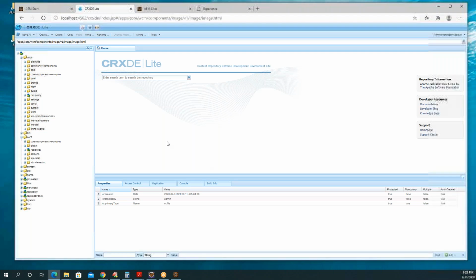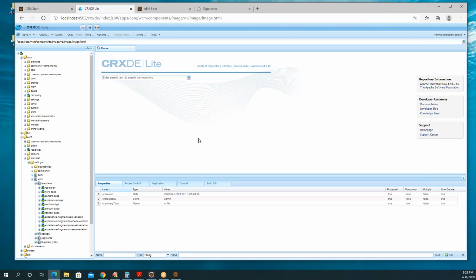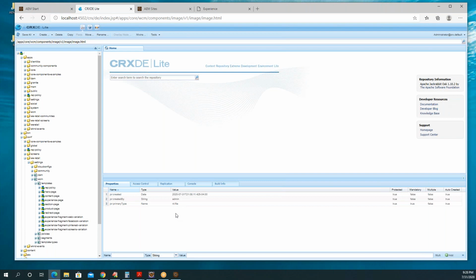Expand that, then WCM. Expand the templates folder under WCM. These are the dynamic templates they have created for the WRetail website. These are some changes you can find in 6.5. Now close this conf folder.